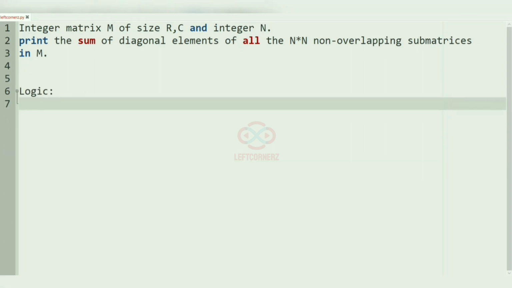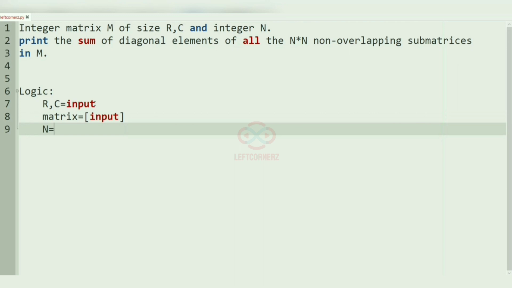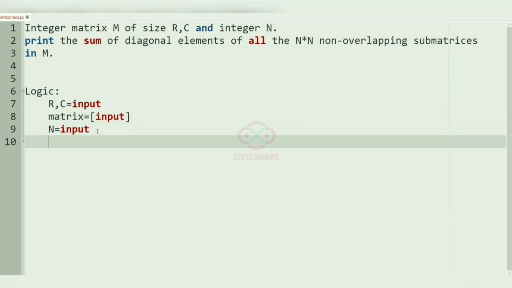So now we'll understand the logic of this program. First we have to get the number of rows and columns as the input, and then we have to get the matrix as the input, and then we have to get the n integer, and after getting all our inputs, now we are going to iterate from row 0 to row r minus n plus 1,